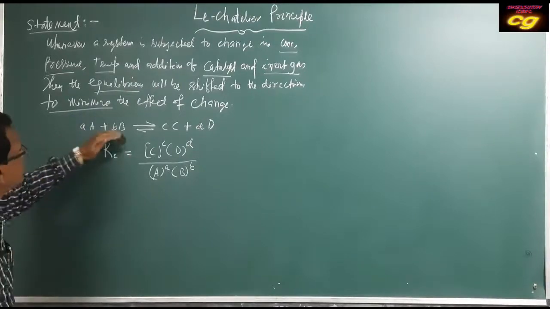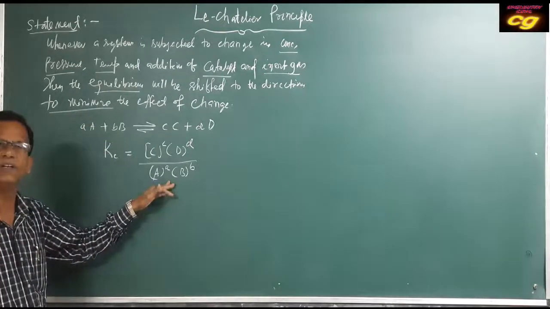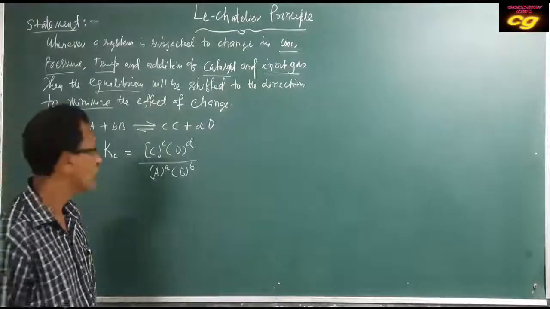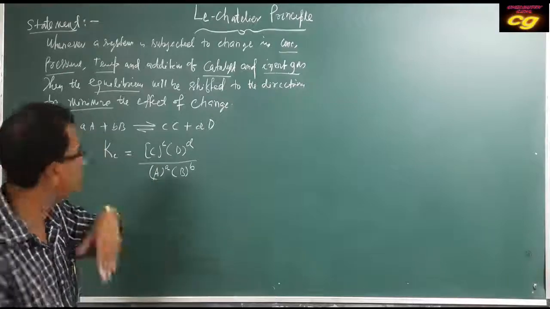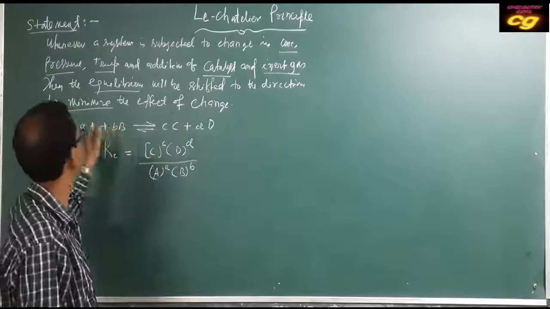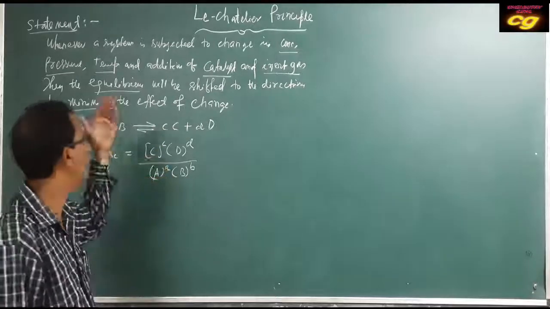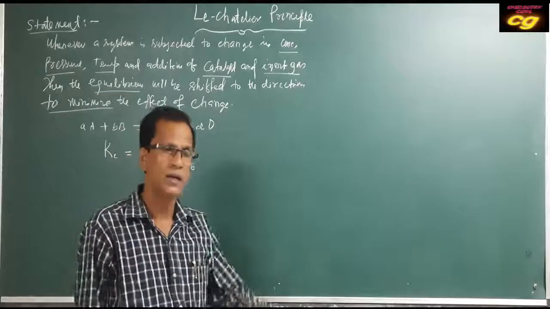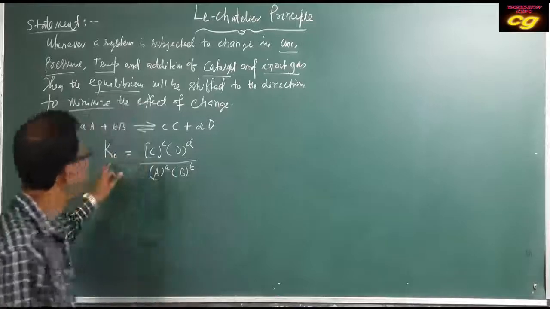If you add A and B, then the denominator will increase, so the value will decrease. But Kc remains constant. So at the particular moment when you bring the change in the concentration, temperature or pressure of the system, Kc remains constant, but